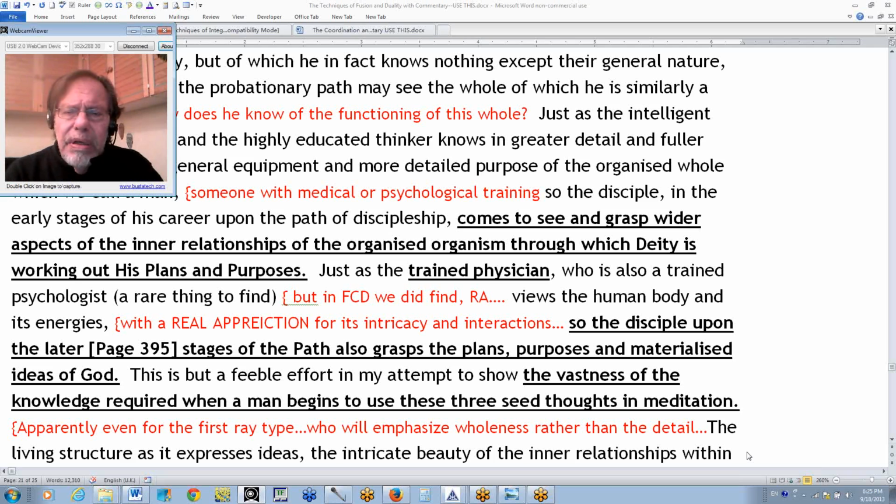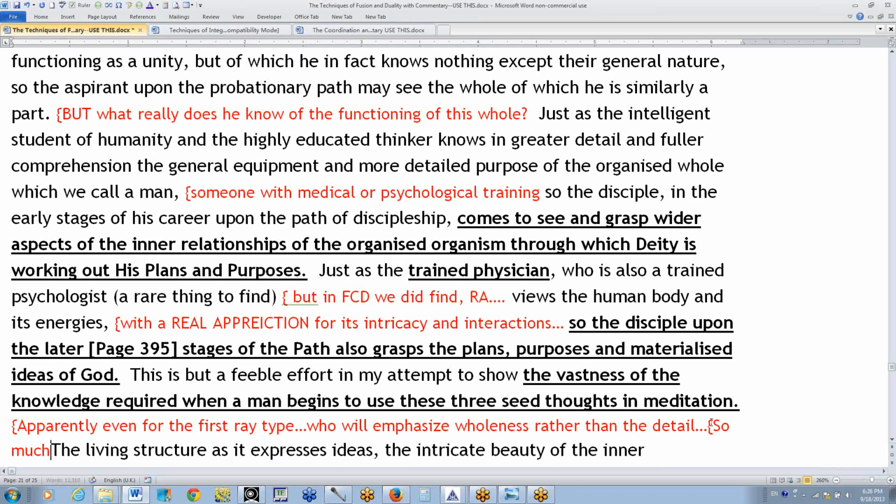So we are really talking about advanced meditations which do go beyond that which is achieved using the techniques of integration, though the achievements there can be high. We're talking about the consciousness that results from fusion. So much of this discussion, really, is about the consciousness which can be achieved through the use of these